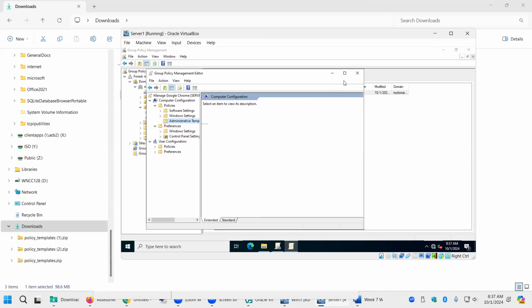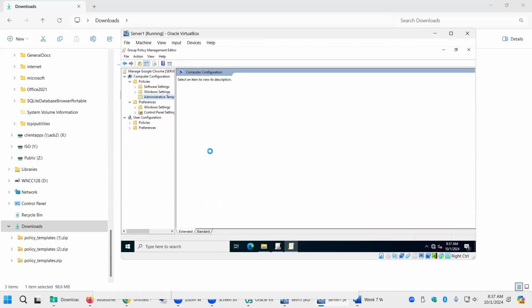Eventually, what it's doing right now is reading from the central policy store. So it can take a little bit longer to load this up when you have a central policy store. I'm not sure why. It could just be because my server is really slow. I have no idea. But even on my regular servers, it seems to take a little bit